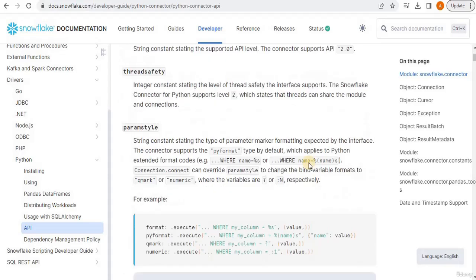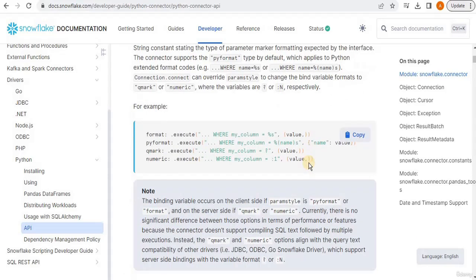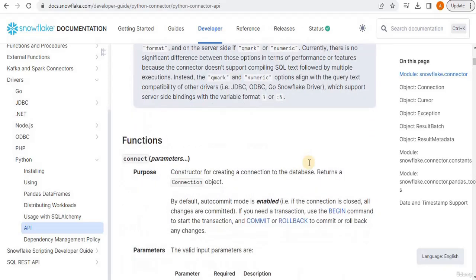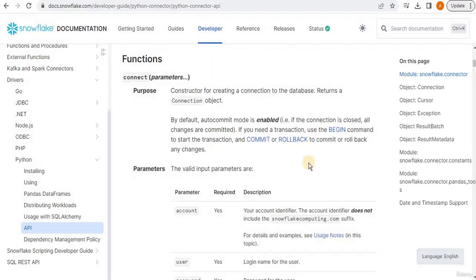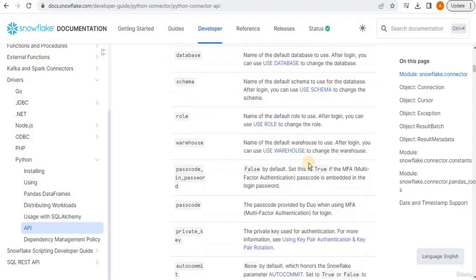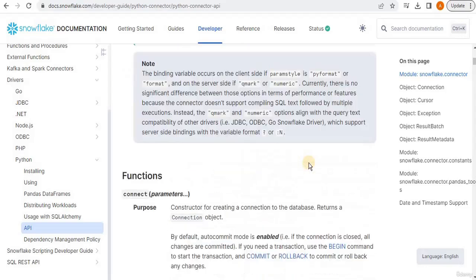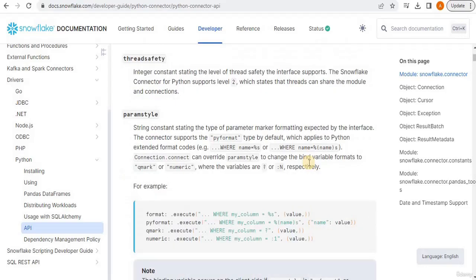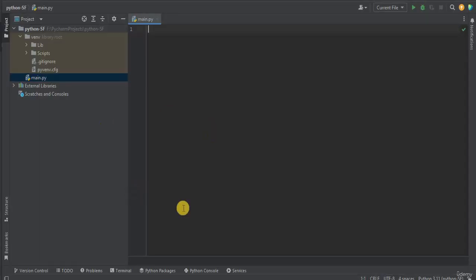This can be done using a simple pip command. Just go ahead and have a look at the Python connector API for Snowflake and see all the methods available for it, so you can easily understand what the methods are, what they can do, and what parameters are required. So we are going to get started with executing our first Python job by writing a script from our local system which connects to our Snowflake account. I'm going to go back to my editor. You can use Visual Studio Code or any other IDE that you want.